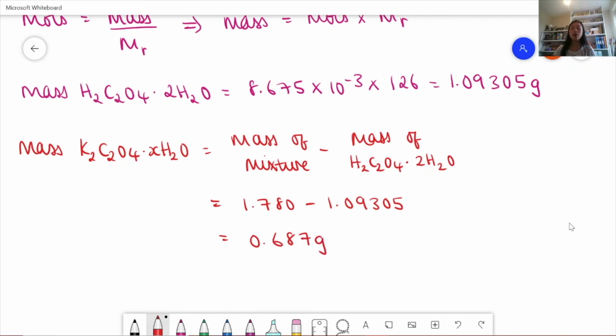So now we can work out the MR because we've got the mass and we've also got the